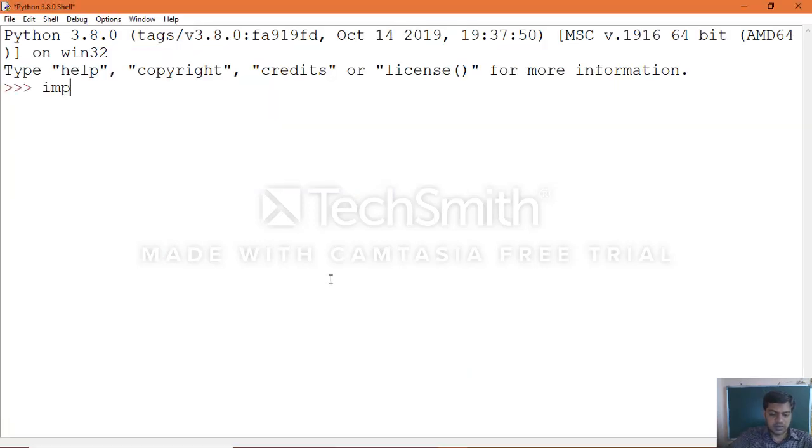First import the modules. Both the modules need to be imported.